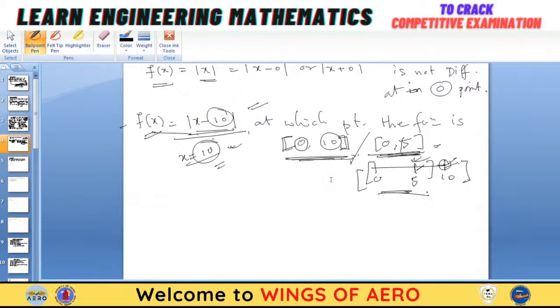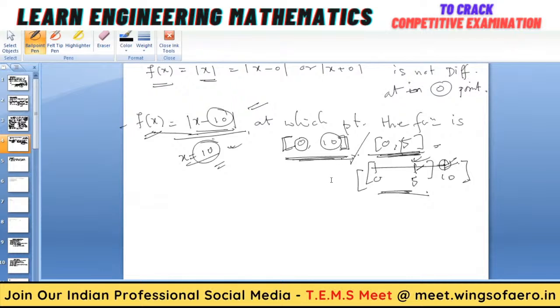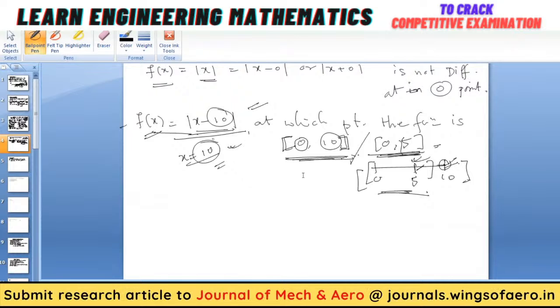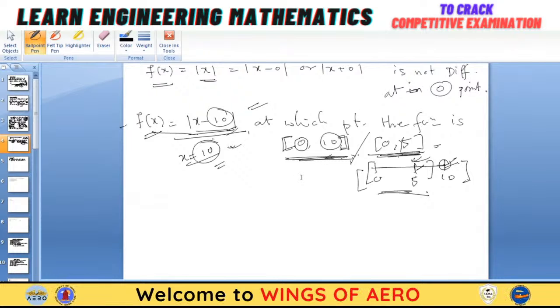But if the interval is 0 5, obviously this function is differentiable. Okay, so to confuse you, in some cases in the GATE exam, these kinds of tricks may be applied. That is, an interval is given and you are asked whether the function is differentiable within this interval or not. Maybe it is differentiable, it may not be differentiable. It depends on the points at which the function is not differentiable, so whether the point lies in the interval or not. Okay, similarly,